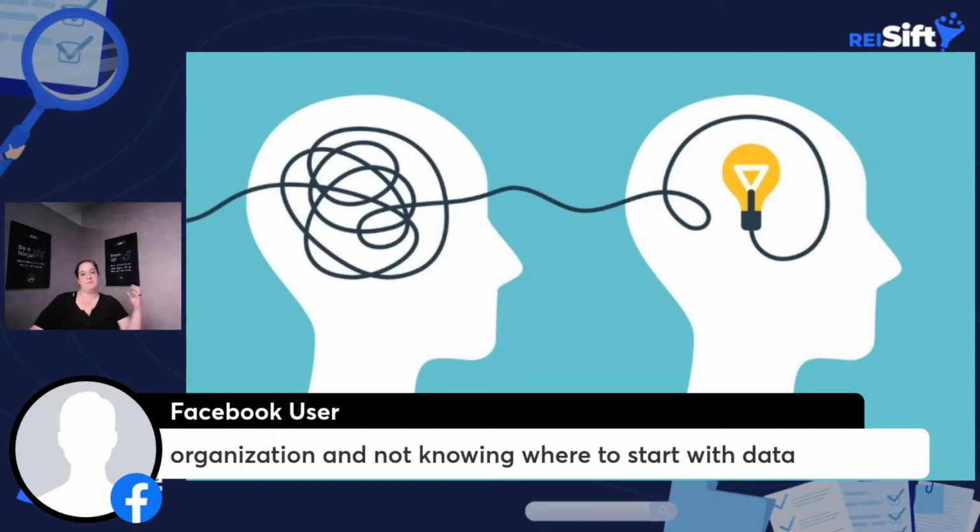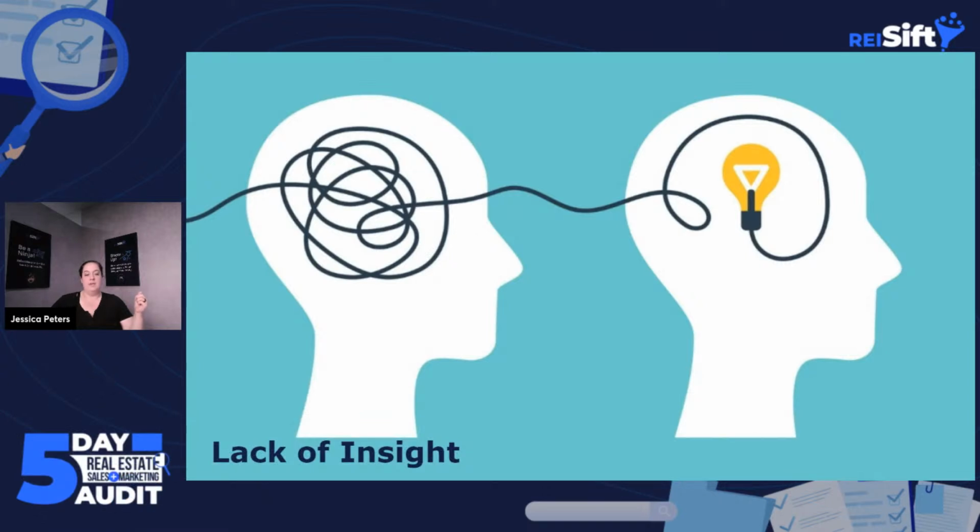What do I do? How do I start developing these things that I need to have? And being able to have the insight in my data to know, hey, it's organized in this method. I know what I've marketed to, what I haven't. I know what I've skip traced and what I haven't. Having that insight in your data can be a major thing there.